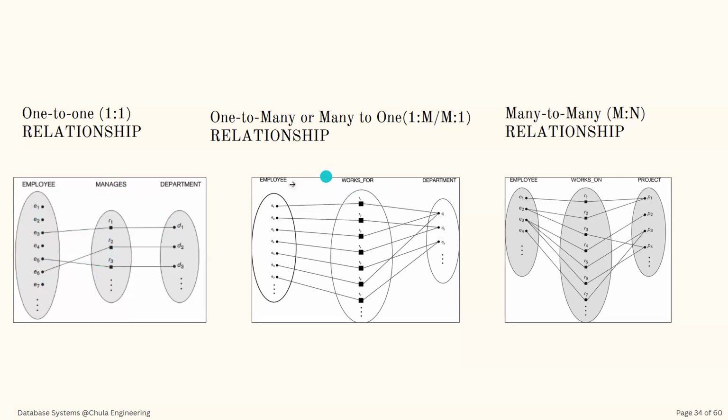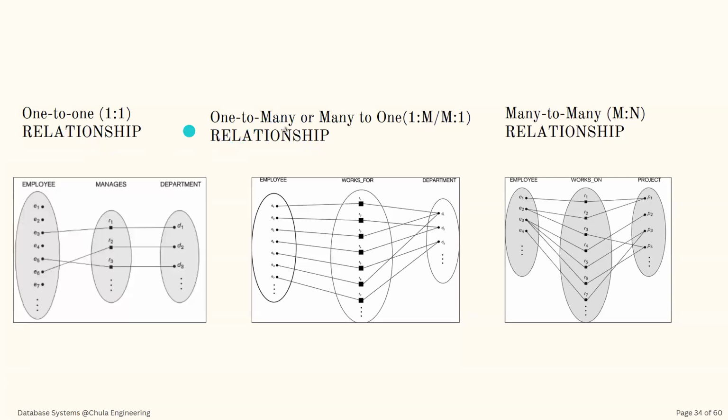But here you can see that employee works for department. Although it doesn't say anything about total or partial here, you can actually take it from the diagram. Since every employee must work for a department, right? There are lines connected to it for everyone. So it means that this is a total participation. But in terms of the